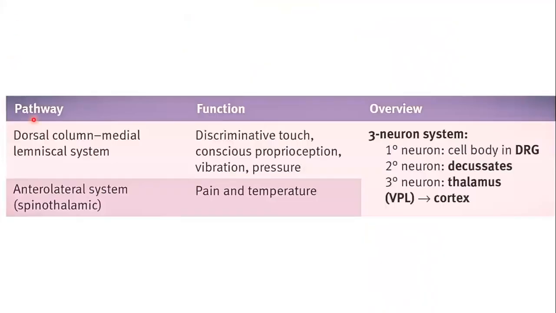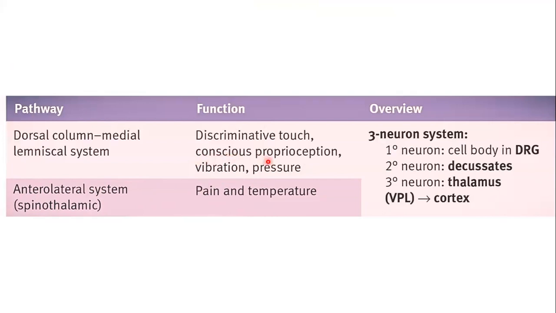So here you see the table of the spinothalamic system, which is the anterolateral system. Both the anterior spinothalamic tract and the lateral spinothalamic tract are known as the anterolateral system. The function is pain and temperature. The lateral spinothalamic tract contains pain and temperature sensation, and the anterior spinothalamic tract, pressure and crude